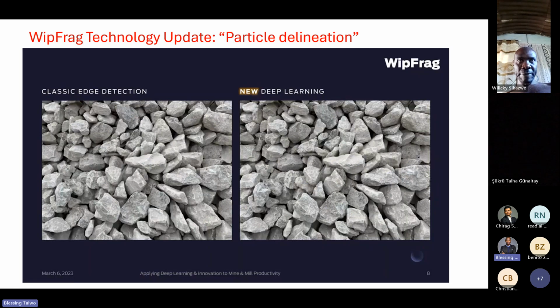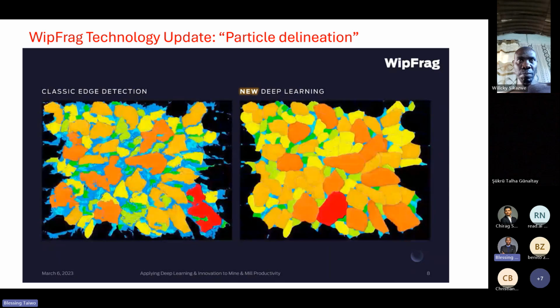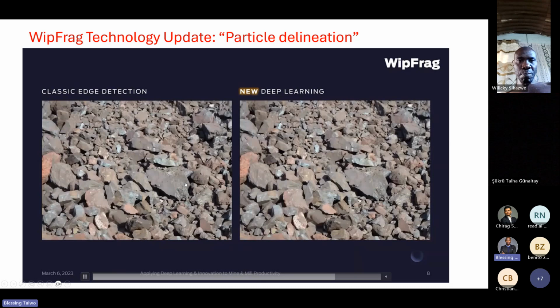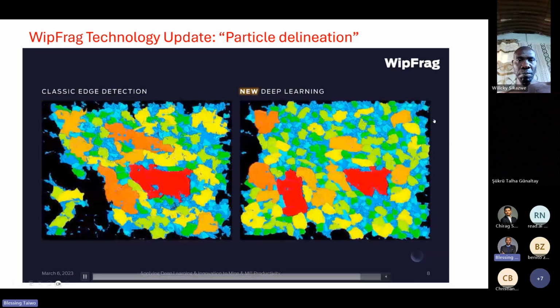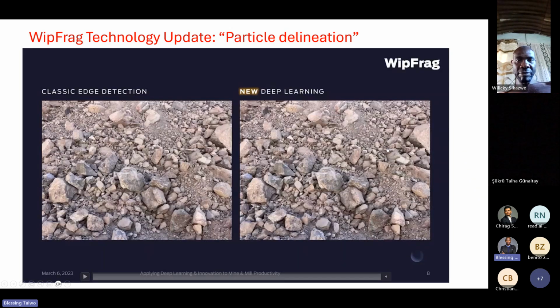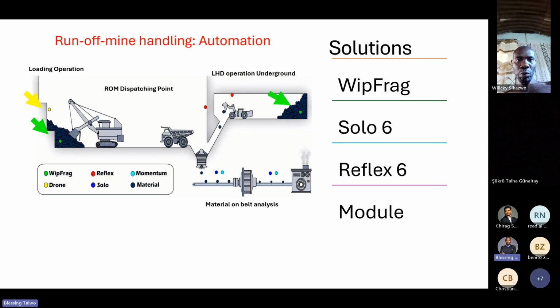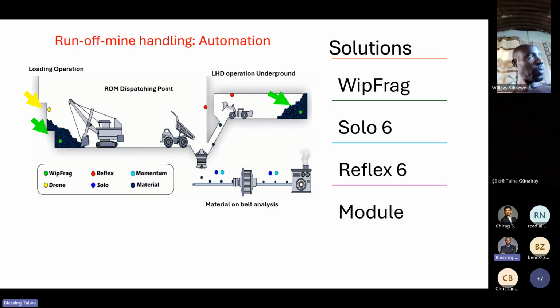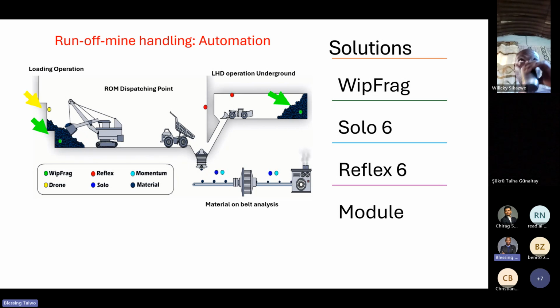Those people who are familiar with the old versions of software like Frag 3 and Frag 2 see this kind of issue, which requires you to do the editing manually. But with the deep learning algorithm and AI incorporated into material analysis with images, you can easily correct for that. These are solutions available for image analysis either on site after blasting, or on the belts when you're transporting the material, or on the truck when you're loading or moving the material from the mine to stockpile or from stockpile to the crusher.